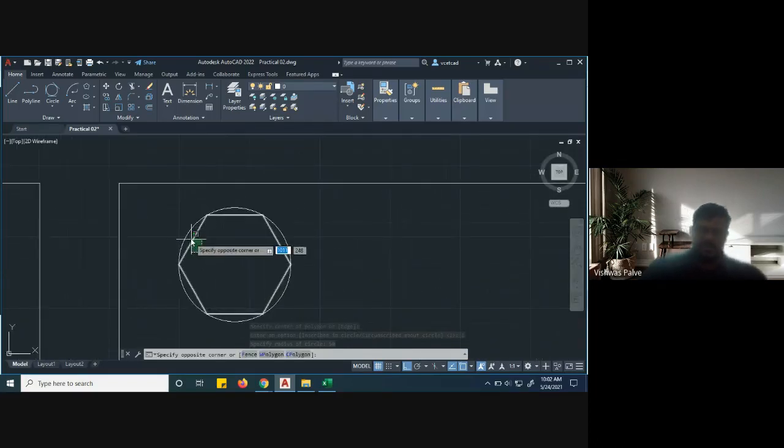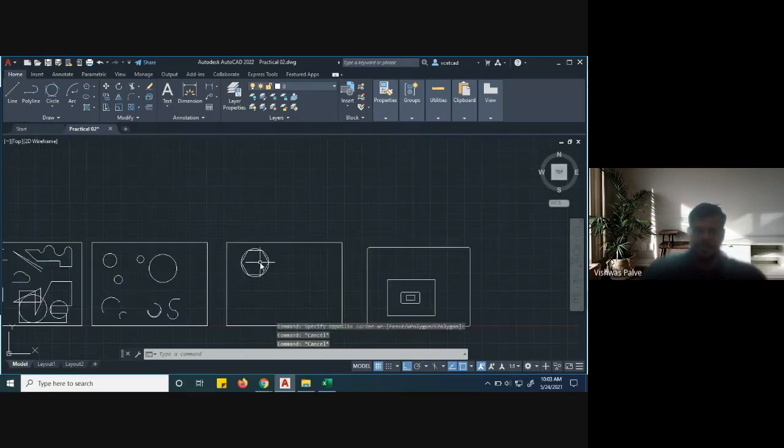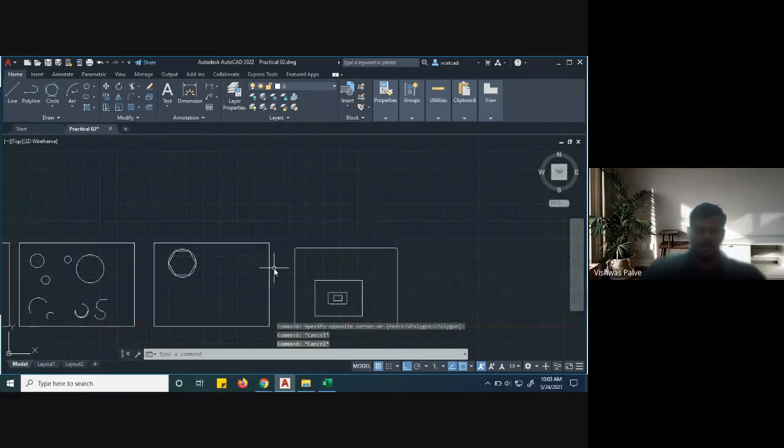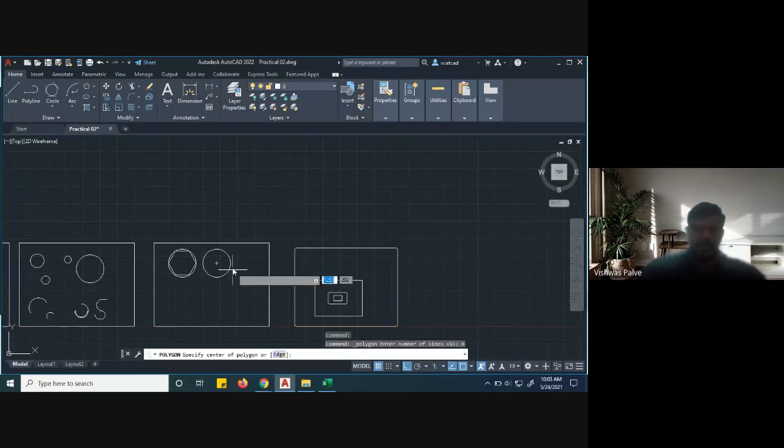Now I'll delete this or let it be like that only. I'll draw another circle. C enter. Again I'll specify the radius of 50. Then again I'll use the polygon option. Specify the center. Number of sides, let it be 6. And then I'll say circumscribed.